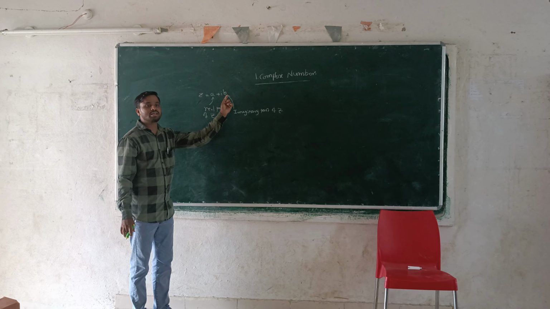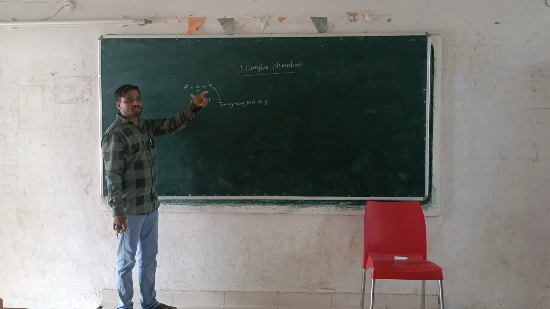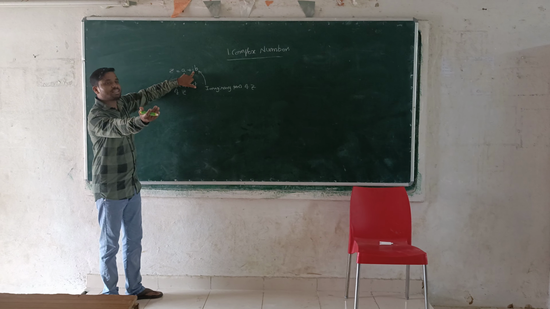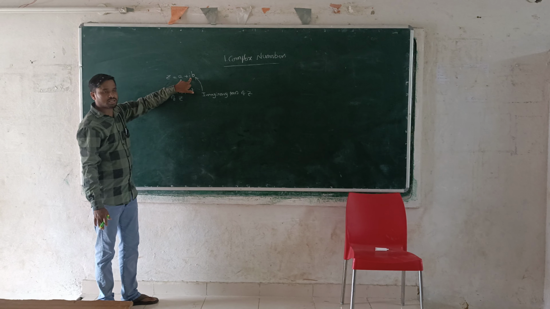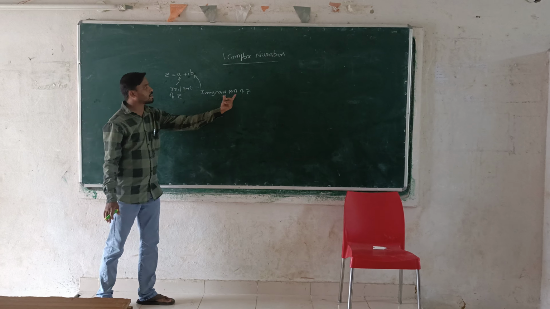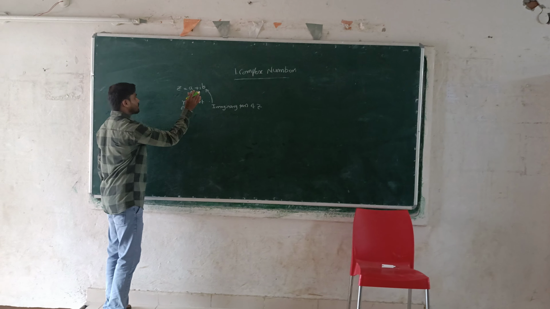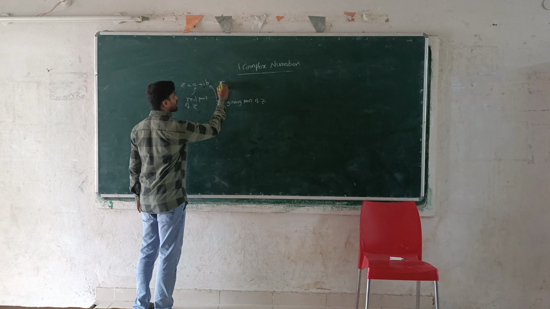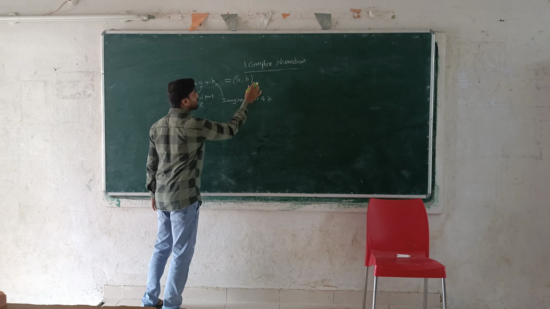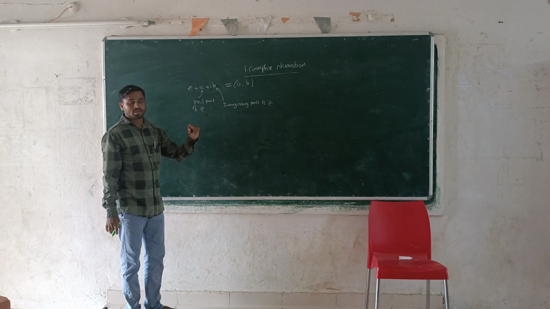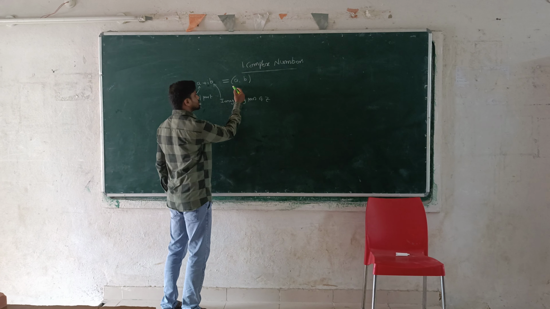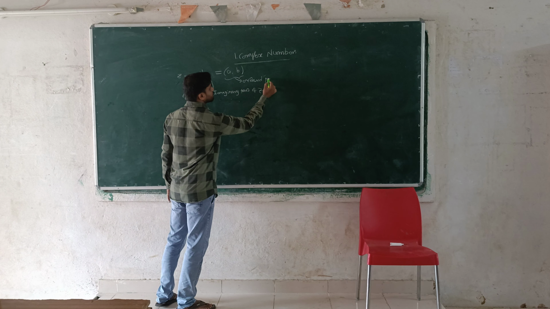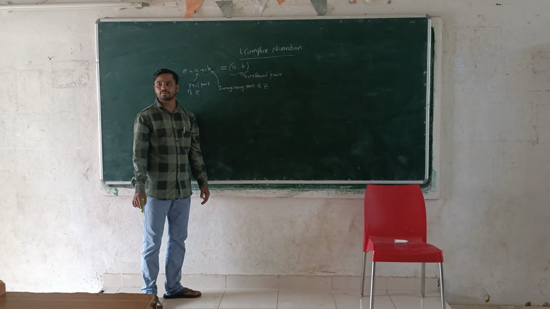Why is this b called the imaginary part of Z? Because b is with what? Imaginary number i. Yes or no? b is beside the imaginary number. i is the imaginary number. So this b is called the imaginary part of Z. Now this Z is equal to a plus ib can be written as a comma b. Simply a comma b. What is this one? This notation is called an ordered pair.